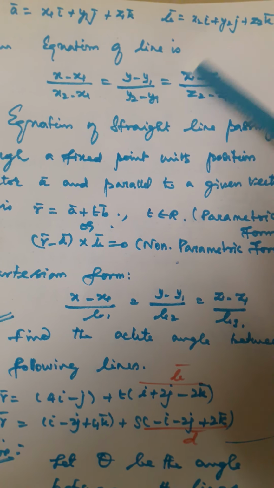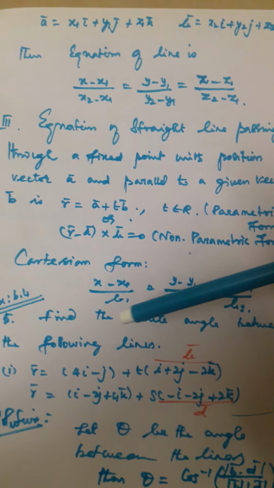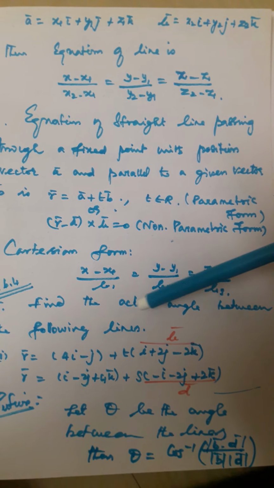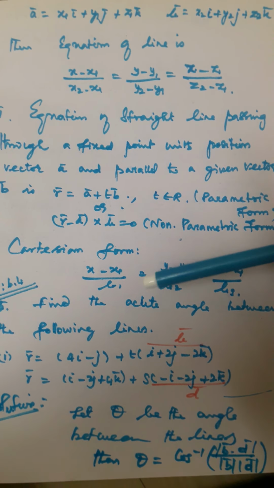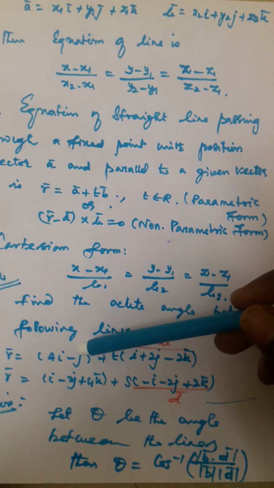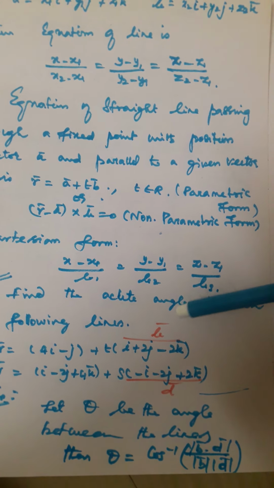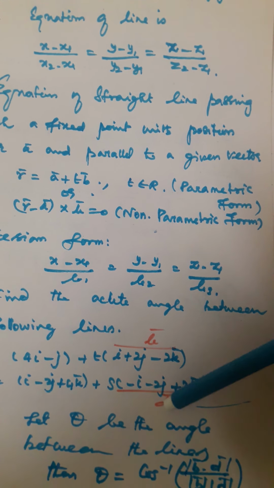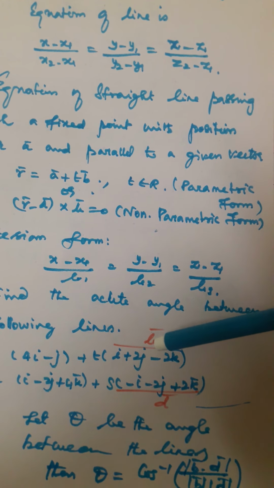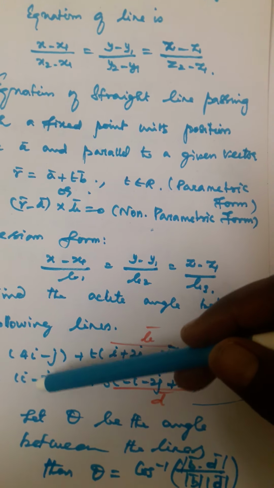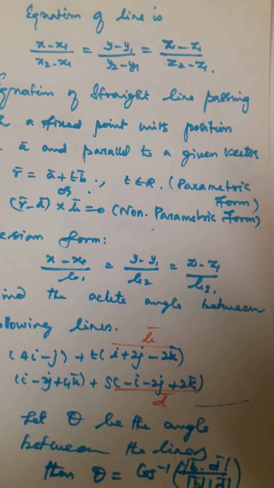Like that, the first type you have is the 3 mark question. Question number 5 in 6.4. Find the acute angle between the following lines. Acute angle or angle, both are the same. So the first question, R vector, you have the standard form of line. I have given you where you have to select the direction. So these two are sometimes called vectors, and we are denoting them by B vector and D vector. This is A vector and C vector. You can take it as your choice.